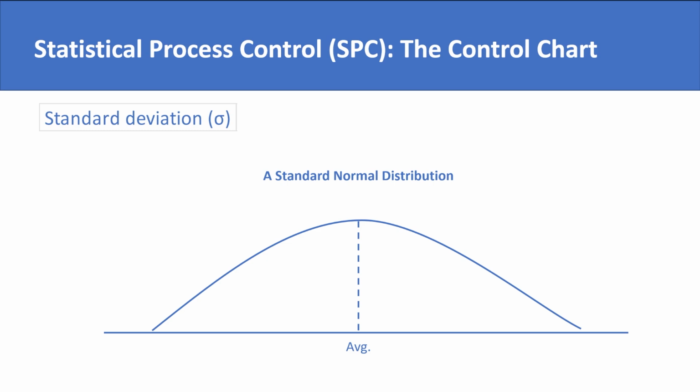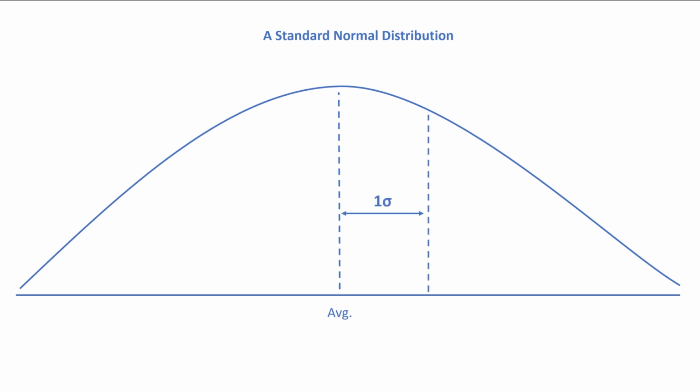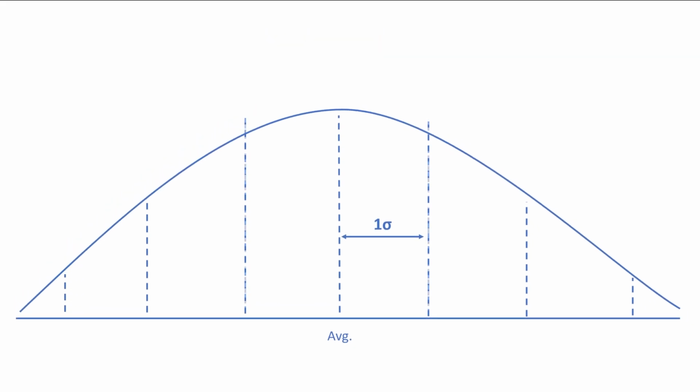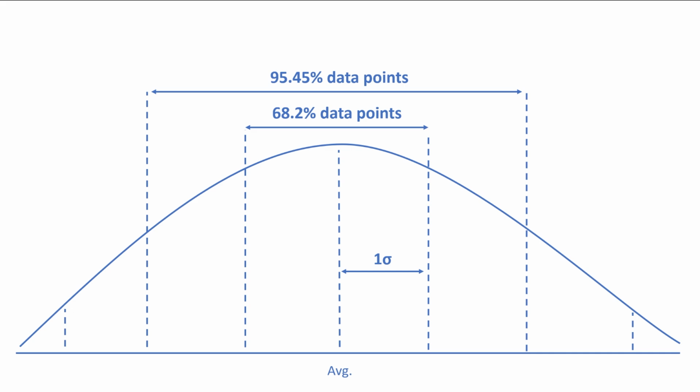To understand this better, think of one standard deviation as a typical distance from the average. A normal distribution can be divided into these fixed distances for analysis. In a normal distribution, 68.2% of all data points fall within plus minus 1 standard deviation of the mean. 95.45% of the data falls within plus minus 2 standard deviations,